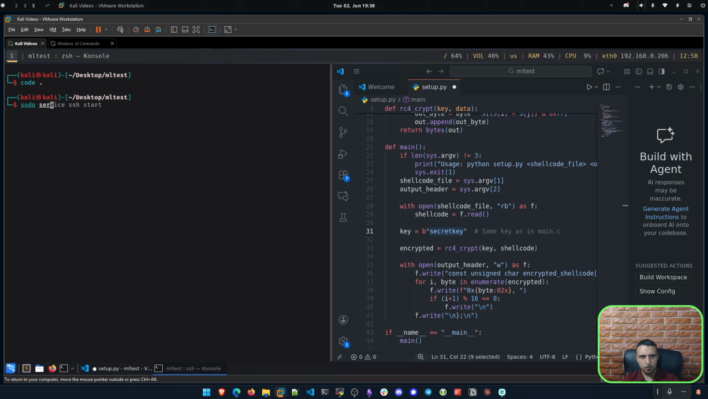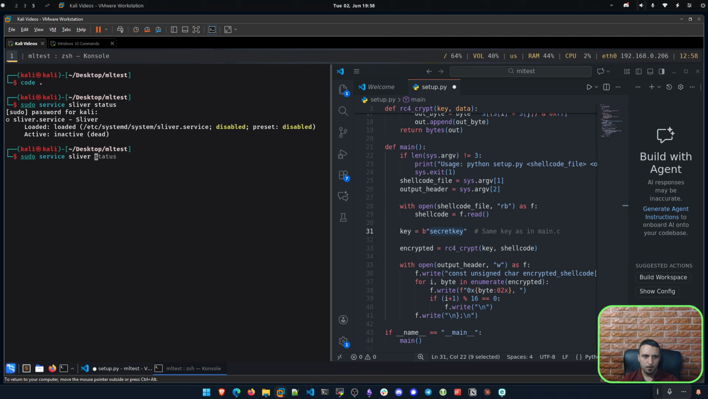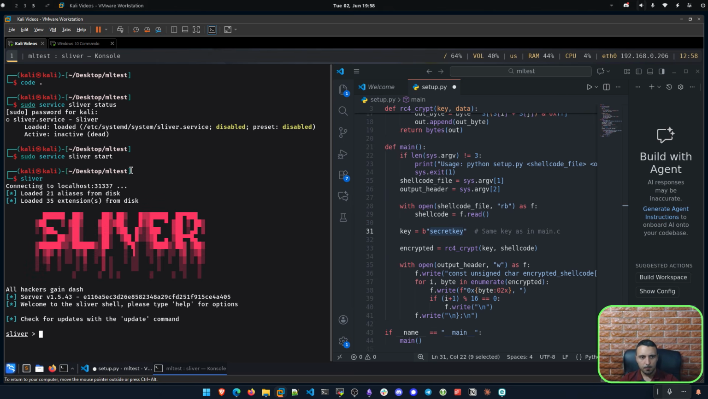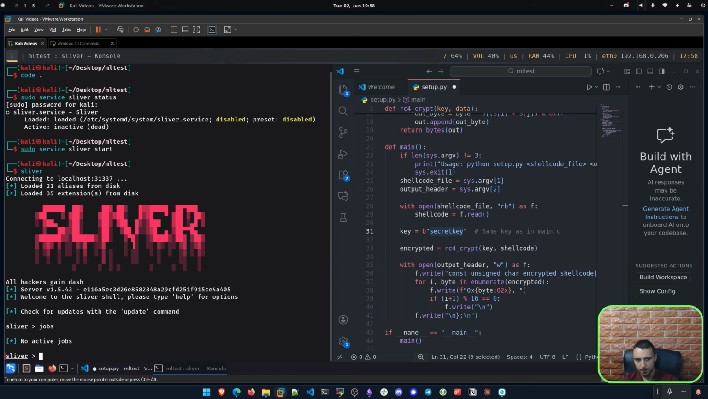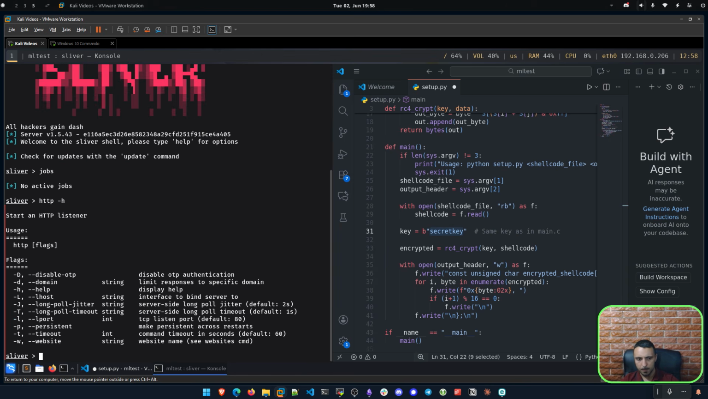I can do sudo service sliver status. I'm gonna start it. And now here we can do sliver. Starting that is gonna run Sliver inside my current working directory, so that should be completely fine. Now here we can do jobs, just to see if we can have any listeners. No, so for that I can do http -h